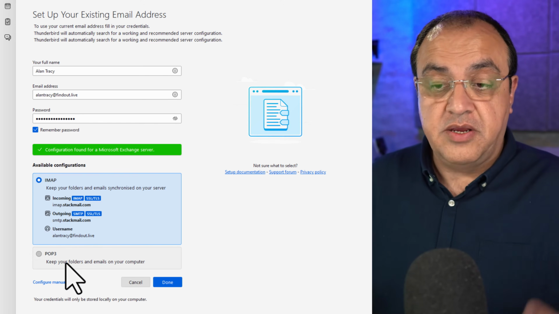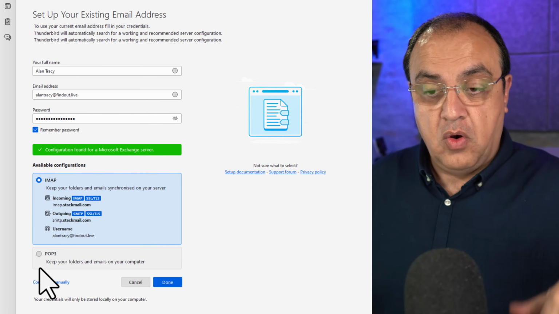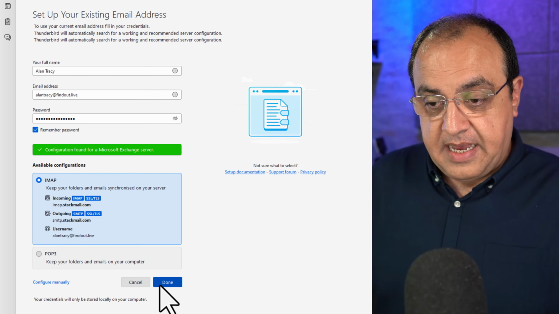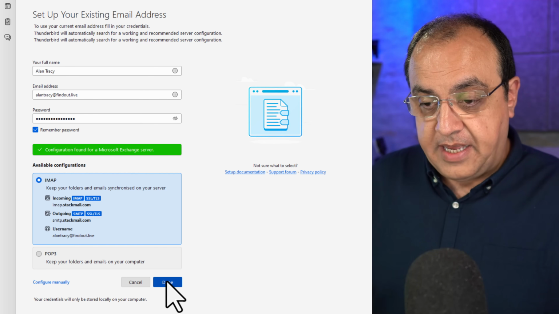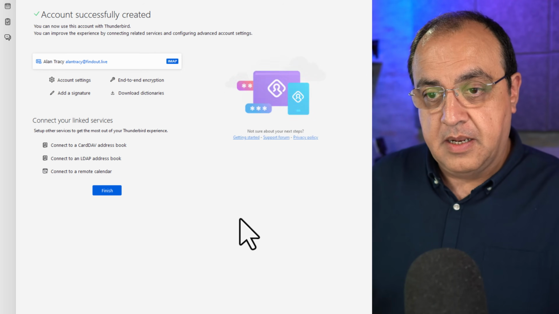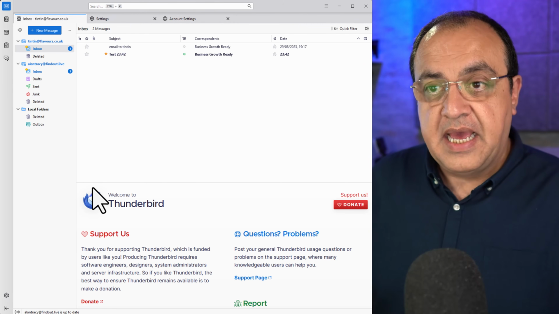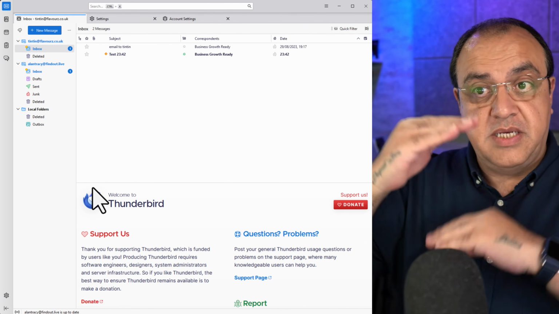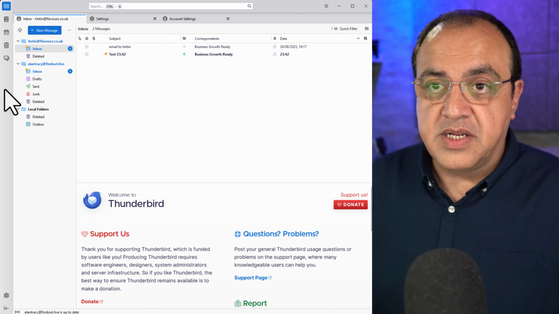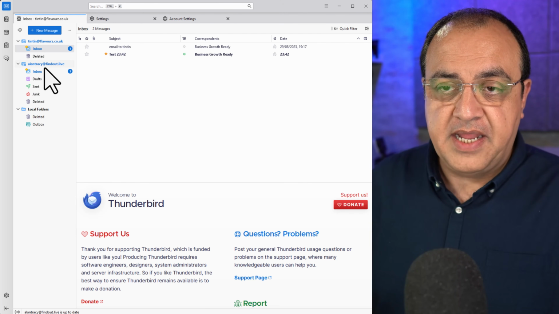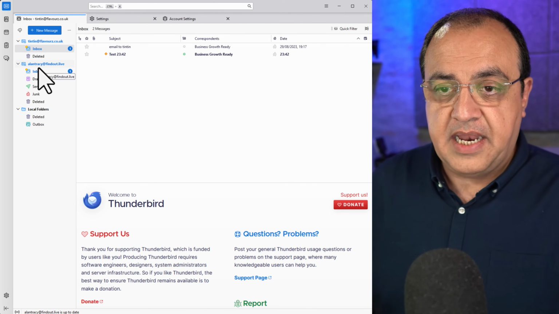All I've got to do now is confirm, do I want IMAP or do I want POP3? I'm going to have IMAP, and I don't need to configure manually. Press done. That's Alan's email now set up. If I press finish, these are now in two separate boxes. So we have Tintin's account there, and we have Alan's account there. So if I go to Alan's inbox,